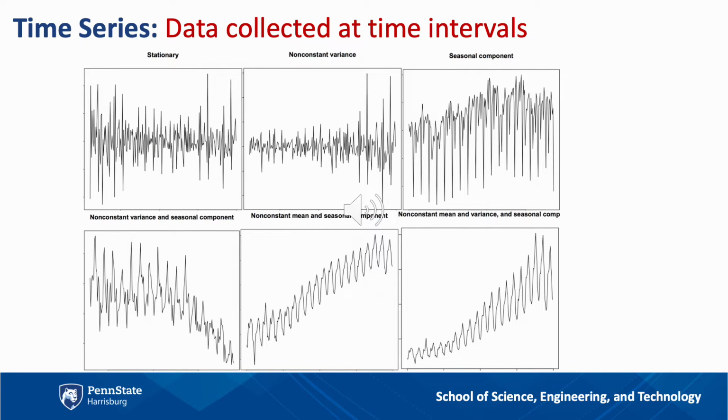So time series is data collected over time intervals, and these are some illustrations of properties of time series. We would notice some of these plots have a pattern. We call that seasonality, like when we record monthly temperatures over years. There's bound to be highs in the summer and lows in the winter, and then that would be cyclic